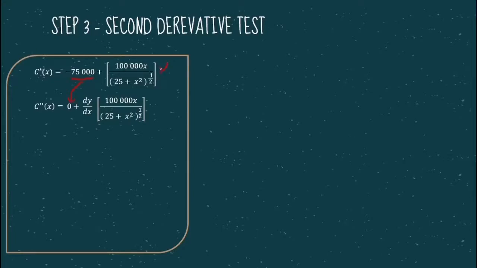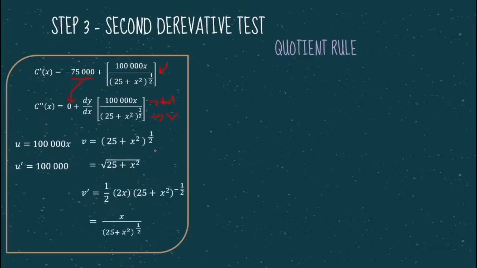And here we will see this is a rational function, so we need to use the quotient rule. For the numerator we will set it as u, and for the denominator we will set it as v. So for u, when we differentiate 100,000x, it will be 100,000, and for v we will get (25 plus x squared) to the power of 1 over 2, and we also can rewrite it as the root of 25 plus x squared, because the power of 1 over 2 is actually the square root, and when we differentiate it we get 1